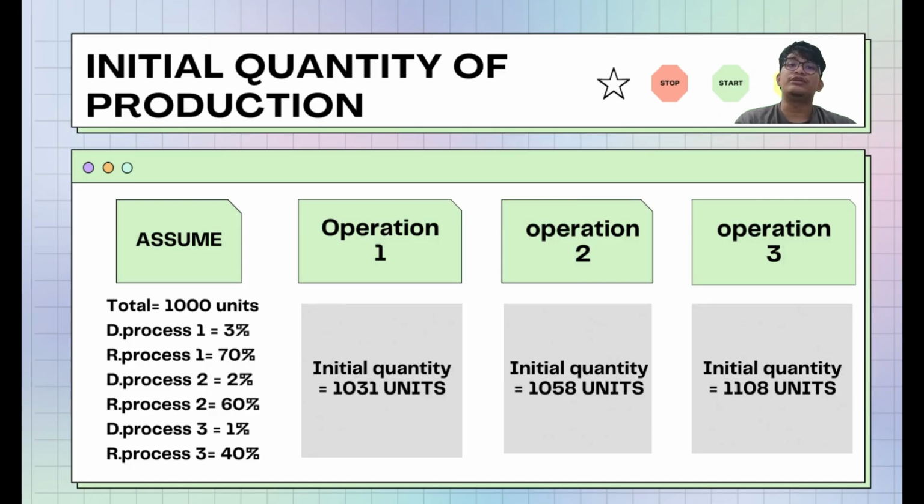Still quantity of the production. First, we assume the total demand is 1,000 units, and the defect rate and rework rate are as shown below. For the first operation we get 1,031 units. For the second operation we get 1,058 units, and for the third operation we get 101